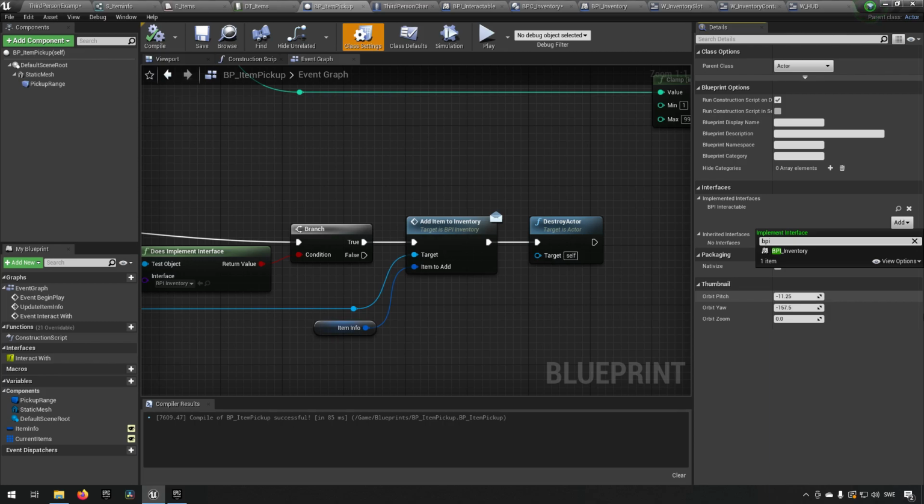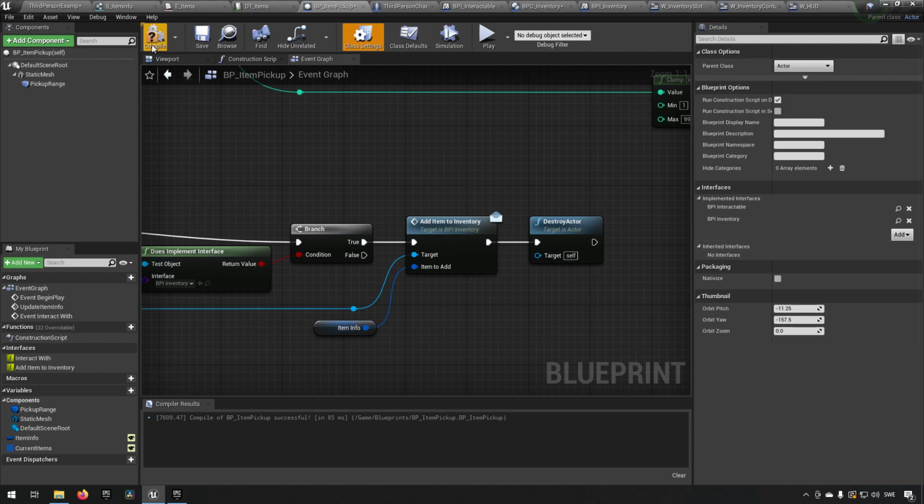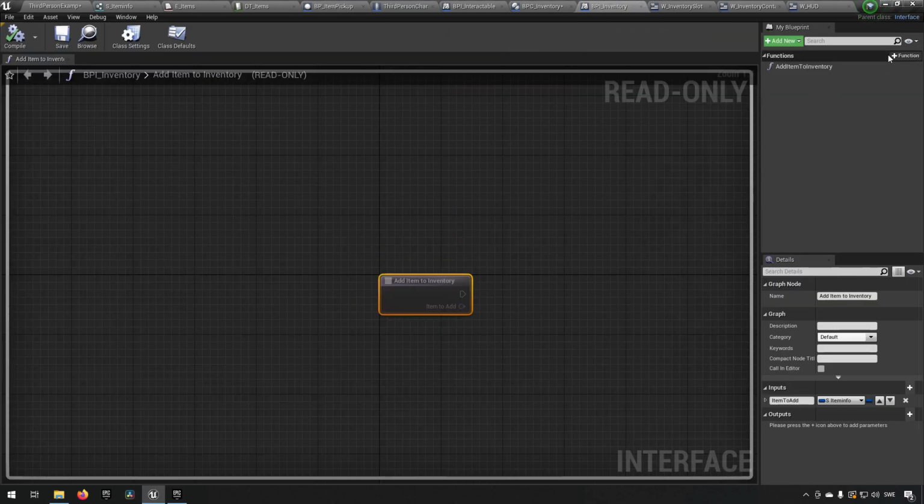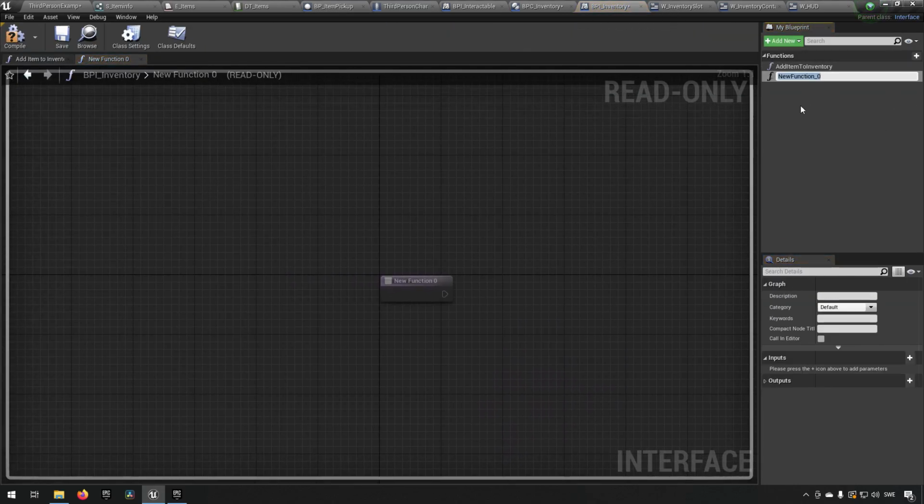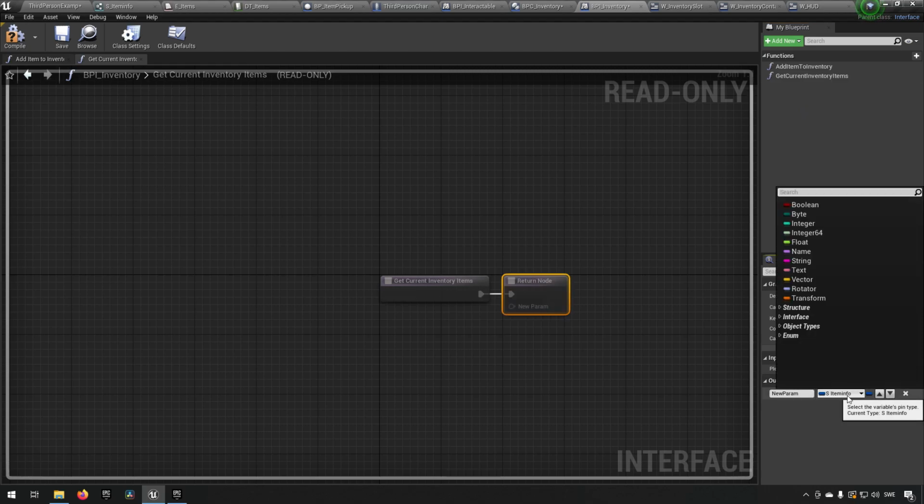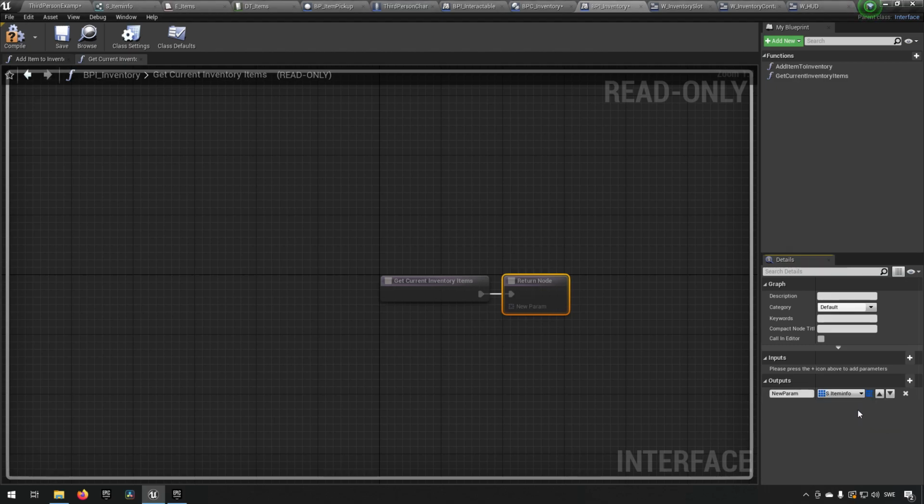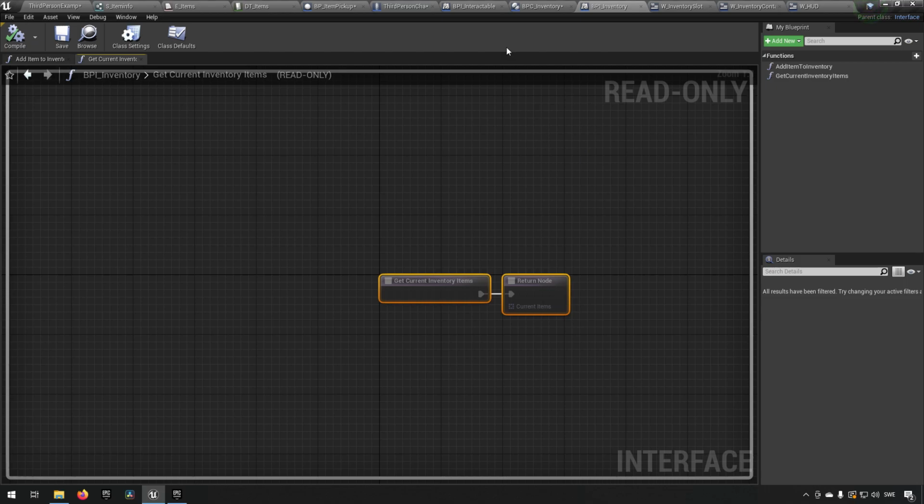Because this is a function that feels like we should be putting in our interface for inventory. So now we have added that, we'll go to our BPI inventory and we'll create a new function. And we'll call this one get current inventory items. And we'll have an output of items that is an array. We'll call it current items, like so. So now we have defined the function in the interface, which means that we can go back to